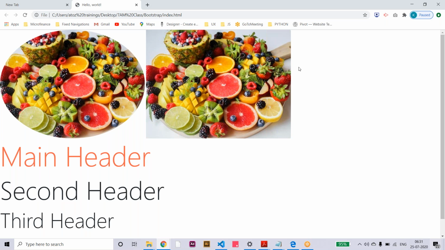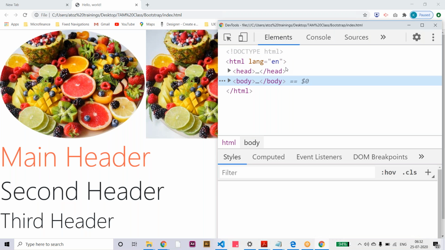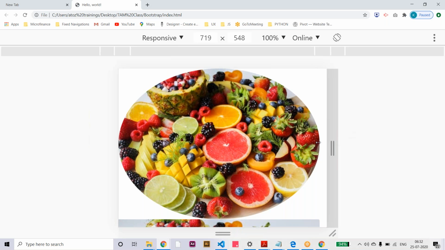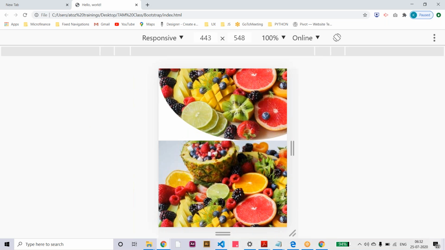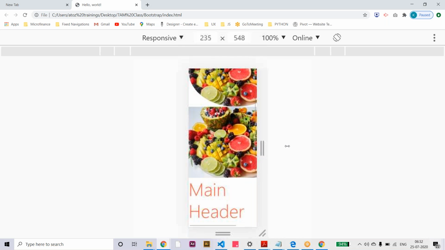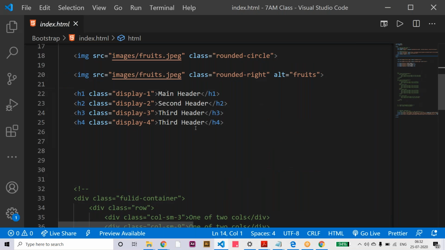For example, if you check on a mobile device or any other device, these images have a fixed size. Let me check this one. The responsive part is not wrapping automatically. So let me decrease the size. See, the image is cropping, and we are not able to see the other screens like mobile and above-mobile devices. The image is not scaling as per my screen resolution. So for this responsiveness, we have a ready-made class, that is img-fluid.